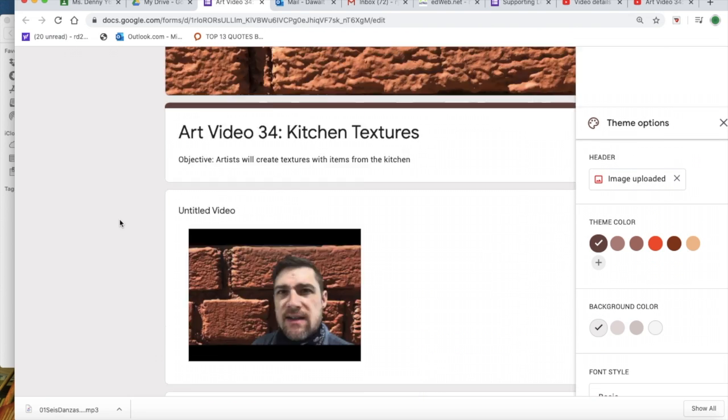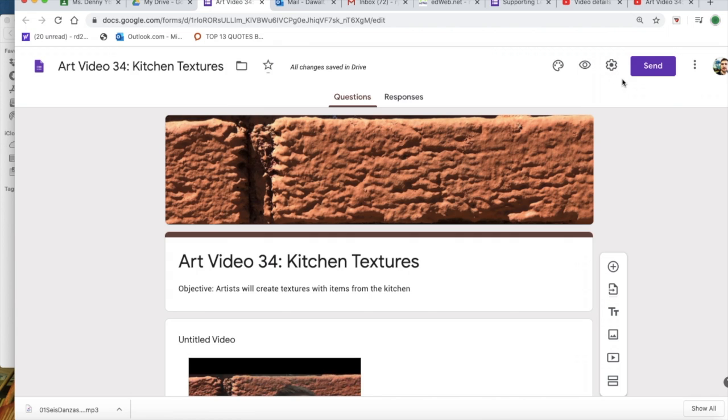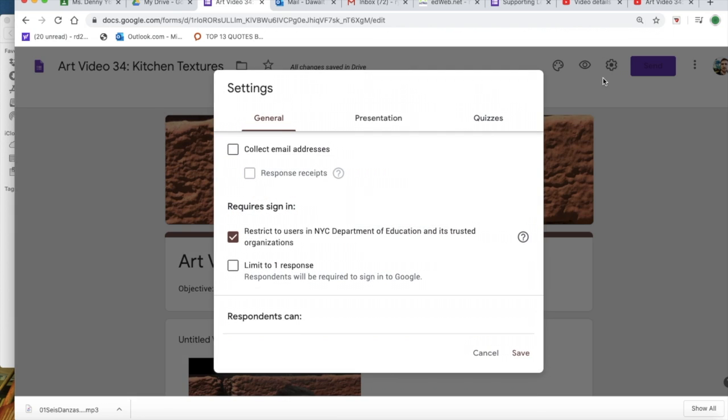Because it's a visual cue and I'm a visual person, and it helps me, and I think it'll help the parents too. Okay, then we're going to set up, close that. We're gonna go to settings,